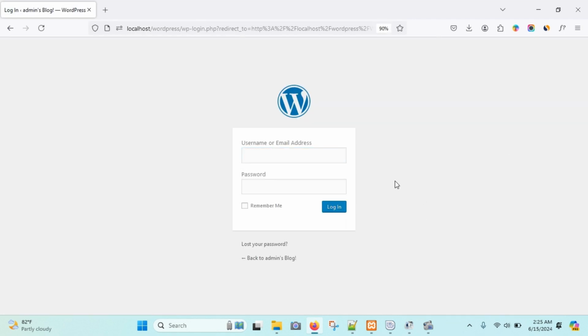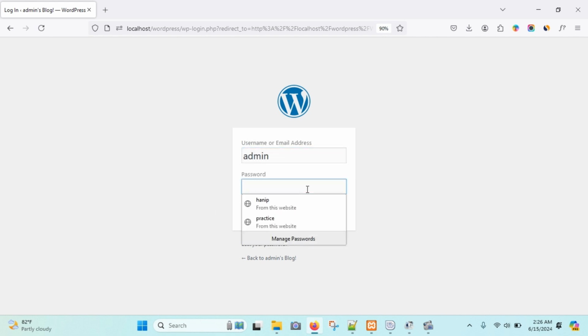Now we need credentials. You know that I told you to remember them while setting up Bitnami, right? Remember the WordPress username and password. Just enter whatever username and password you entered while installing and setting up Bitnami. I'm going to enter the username,